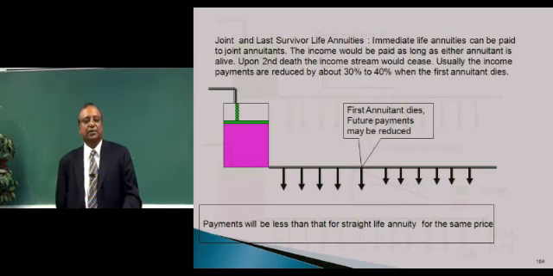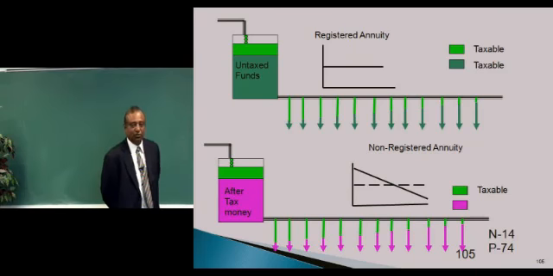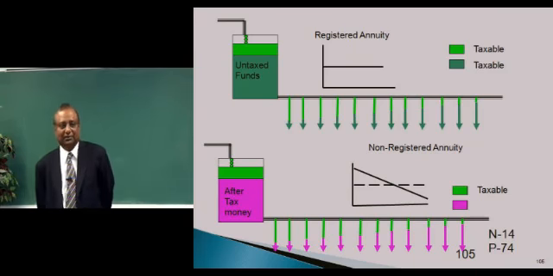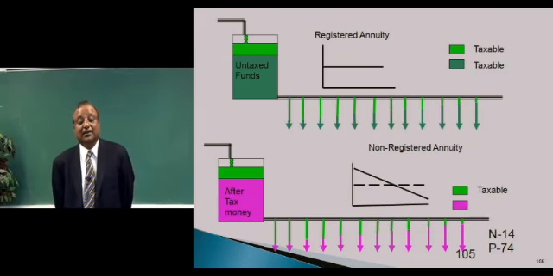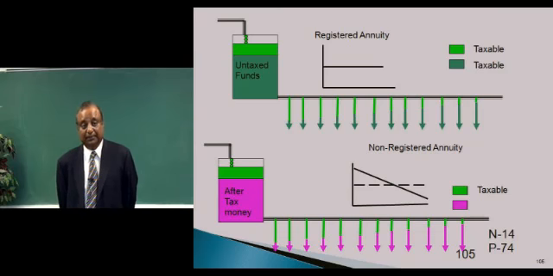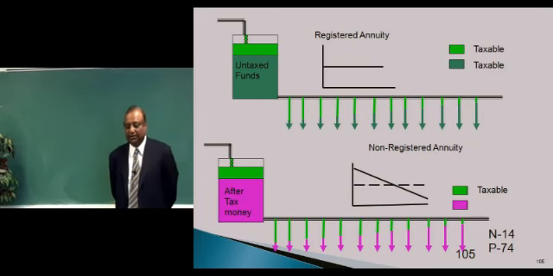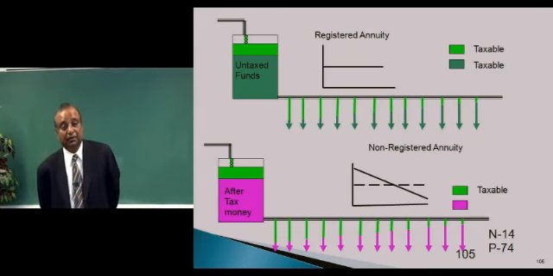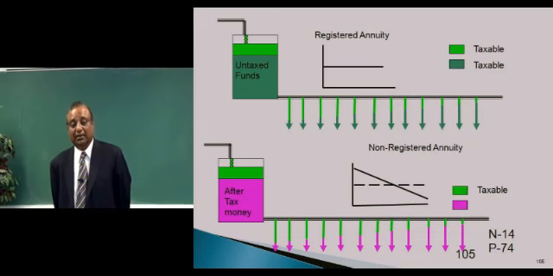Now we can look upon annuities as a registered annuity and a non-registered annuity. Registered annuities are those that are purchased with registered funds, say from an RRSP balance or a pension annuity. These are all from registered accounts. When you buy an annuity with a registered account, obviously you are buying with untaxed dollars. The principal is untaxed, and the interest earned in the annuity is also before tax. So when you receive payments from these annuities, you have to pay tax on the full amount received, the principal and the interest. So if I am receiving $10,000 a year from this annuity, I have to include $10,000 per year in my income and pay tax.